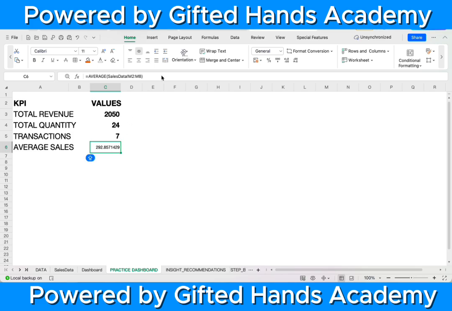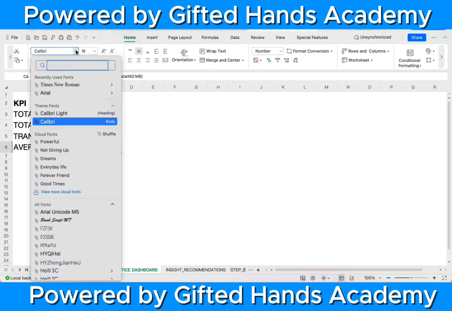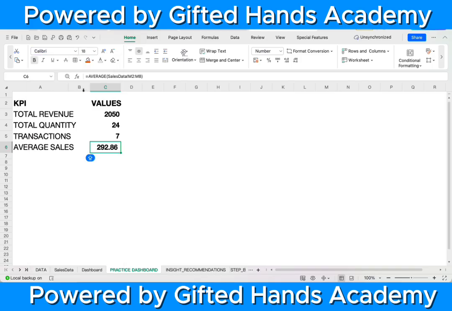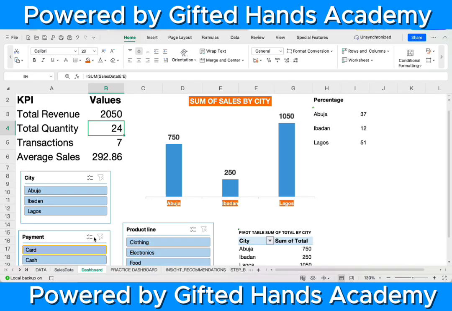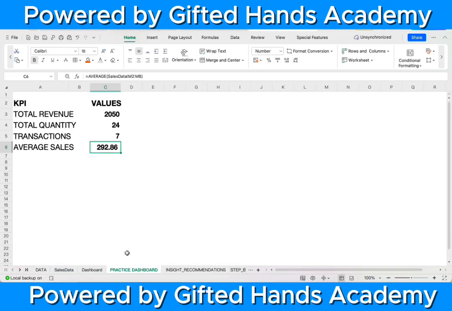Just click on it and then come to this side where you have general, then you can reduce the zeros. You can see, so you can reduce the zeros. Then you format by increasing the font size, and then you can bold it. So you see the same thing that we have here is what we have here as well. So we are good to go. Then the next thing